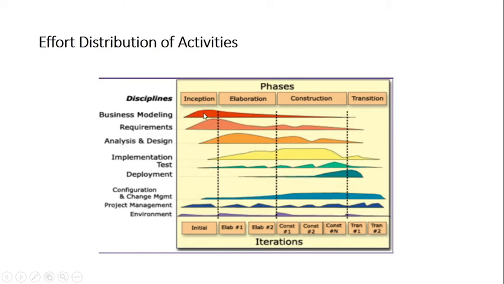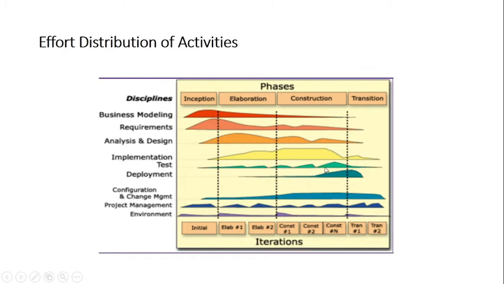In inception, modeling is more, requirement is more, analysis we start, implementation least, deployment least, these are least present, right? During elaboration, business modeling fine, requirement is also there, right? Analysis is carried out in a maximum way, but starting with implementation, deployment is less and all these are less. If we talk about construction, what is the major thing carried out here? It is implementation and test, right? Testing is also carried out, since it's less as compared to the implementation, implementation here means coding.